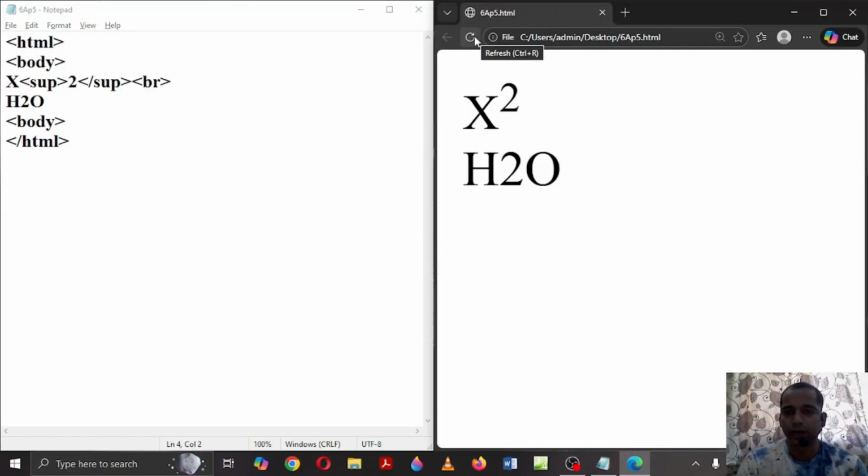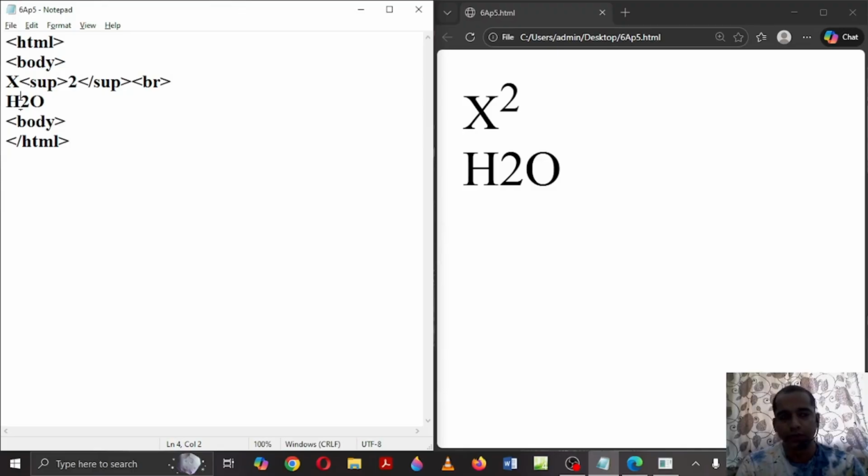So it's coming like this. I don't want it like that. The 2 should be a little bit lower. So I will use subscript. Now to remember subscript, you can remember submarine. Submarine goes underwater, so that's basically going lower. So I will write down SUB, the 2, and then SUB close